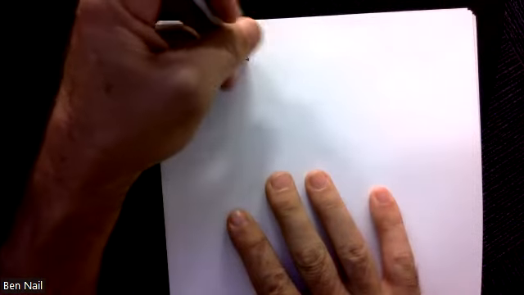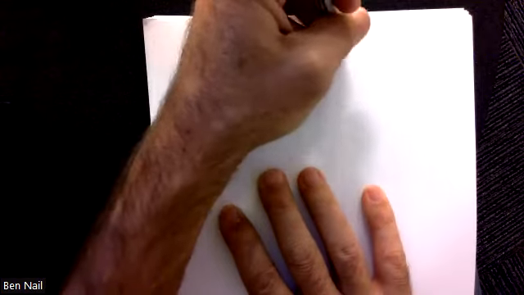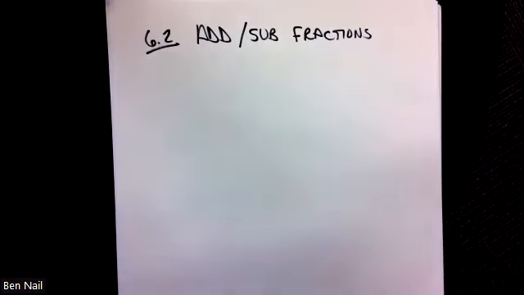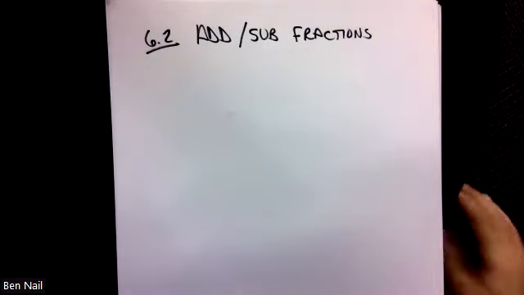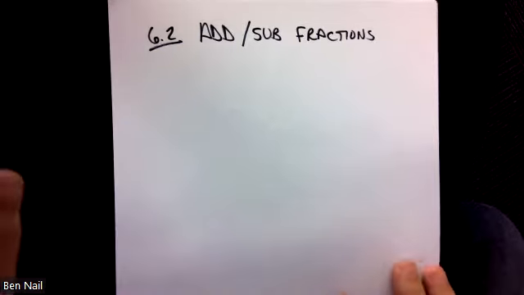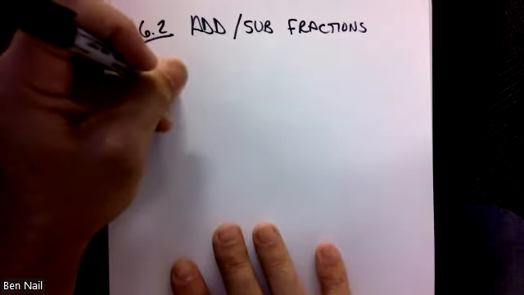Transitioning from 6.1 to 6.2. 6.2 is all about adding and subtracting fractions or rational expressions. Much like simplifying, we're going to go back to what I would call elementary-ish. When you first were introduced to fractions, I'll show you the concept, and then we'll apply it to the algebraic expressions. So, for example,